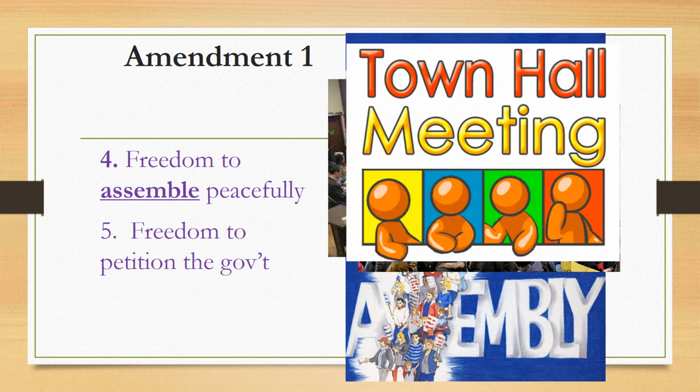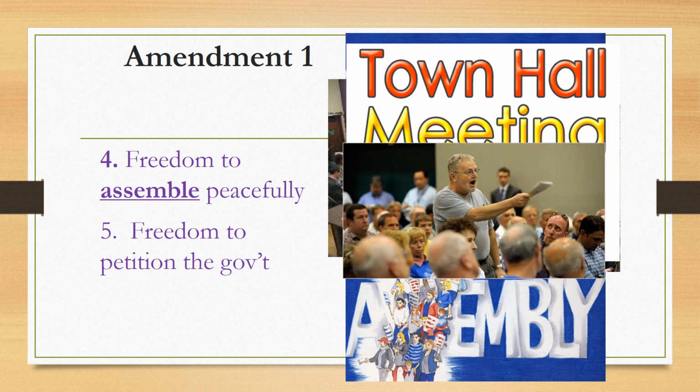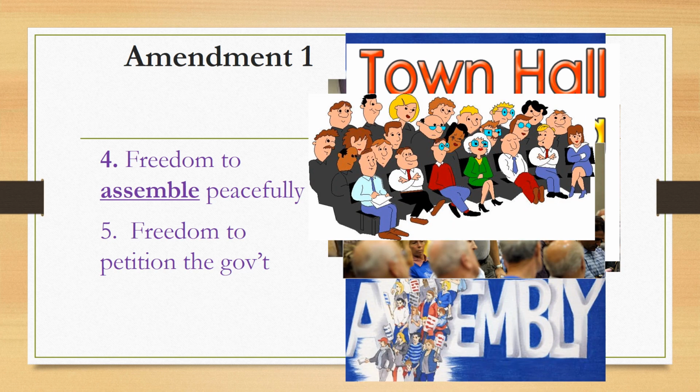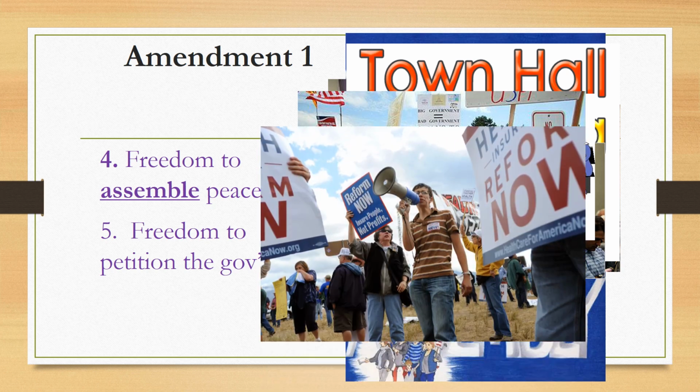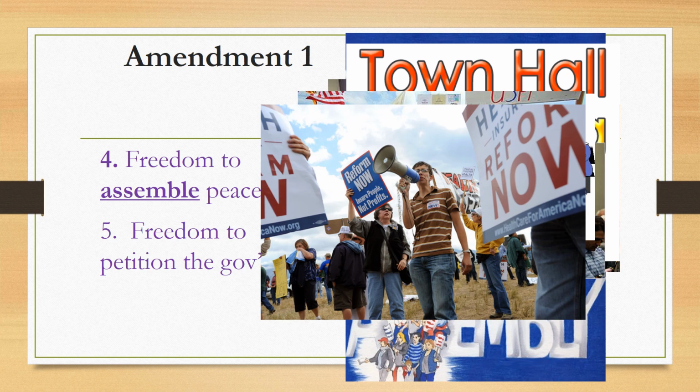Also, we have the right to petition the government. If we feel that the government has wronged us in a way, we have the right to let them know and to speak out against the government, which kind of goes back to freedom of speech. We have a right to sue the government if we feel like our rights have been violated. This is an amazing freedom that was not available to us under the tyranny of King George III. So when the Founding Fathers were thinking about the list of rights they wanted to include, they wanted to make sure that we had the ability to speak out against the government.